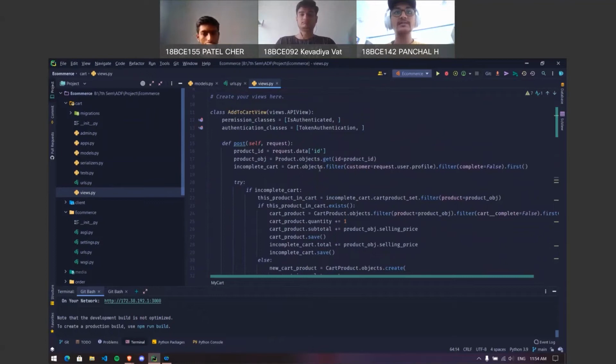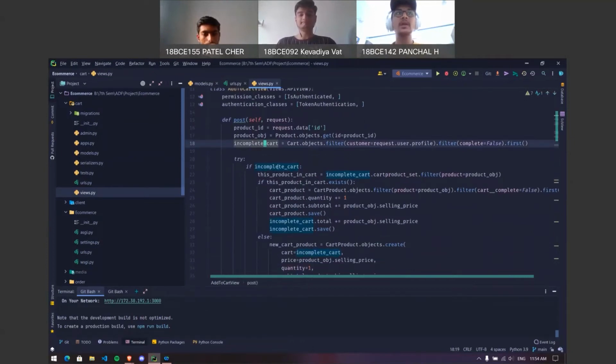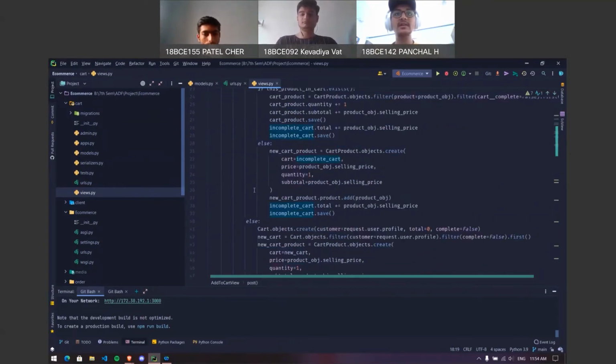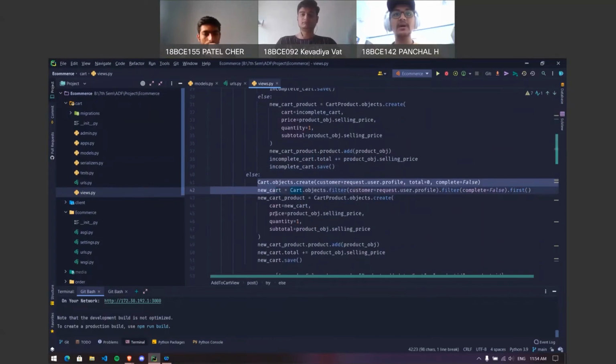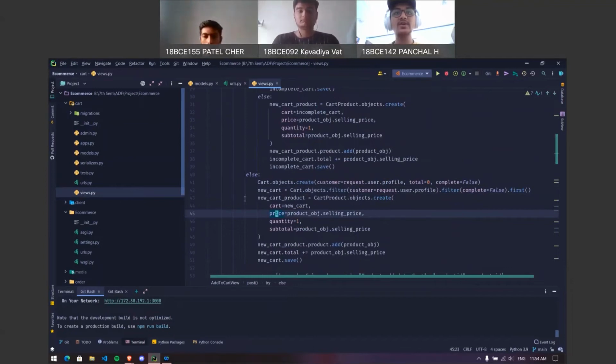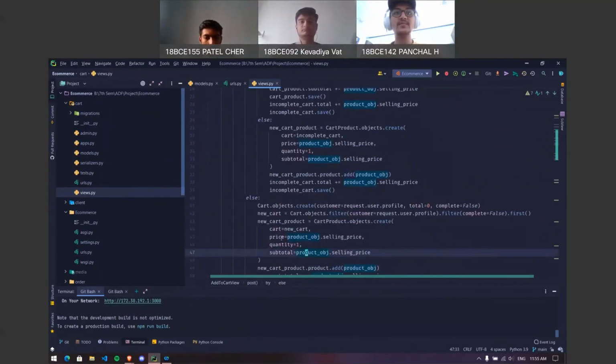And the other view is the add to cart view. In that, authentication is taken care of by the REST framework. And in the post method, first of all, we check if the cart exists or not. It is defined in the incomplete cart variable. And if the cart does not exist, then first of all a cart is created over here, like Cart.objects.create, and after that in that particular cart we add a new cart product,